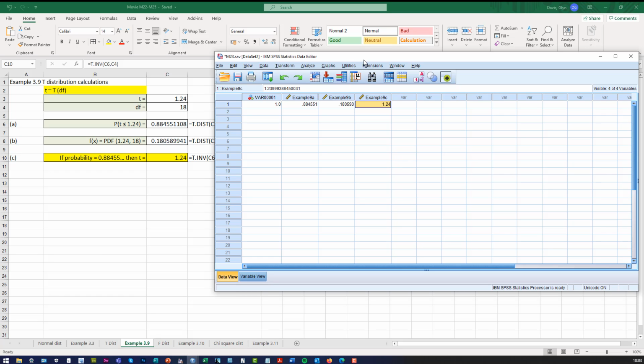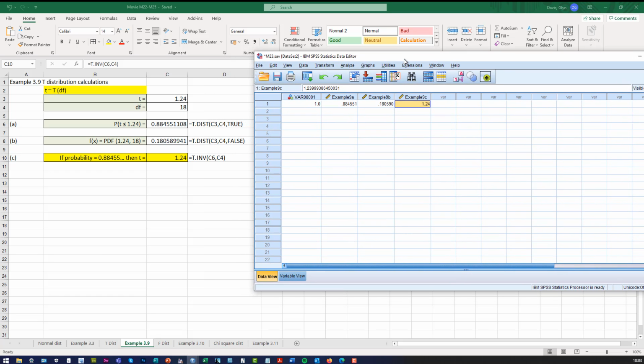So it's quite easy to solve problems involving the t-distribution, to calculate these probability areas, using both Excel or SPSS. Or if you know the area and the degrees of freedom, and you want to know what the value of t is, you can do that